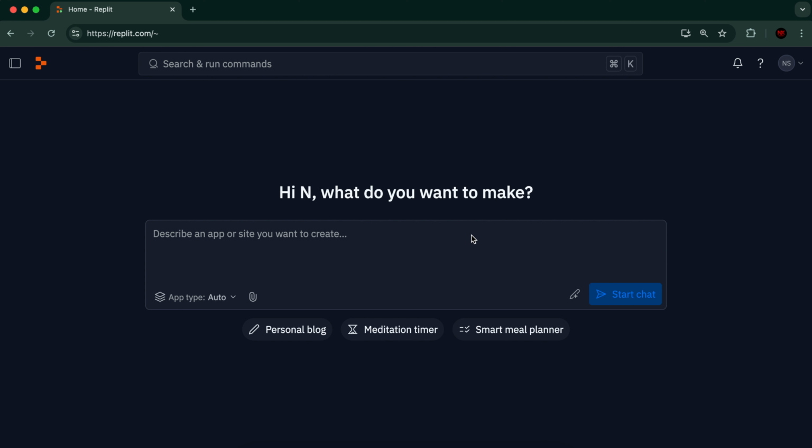Now, a very common recommendation when vibe coding is to make sure that you specify the users of your app to the AI. Unless your AI knows who's going to use the app that it's building, it's not going to be able to build an app that's tailored to that exact user. So for example, if I'm building an app for children, like an educational app, then I want to specify that in the prompt. So when I'm saying build me XYZ app, then I can say the users will be children in schools